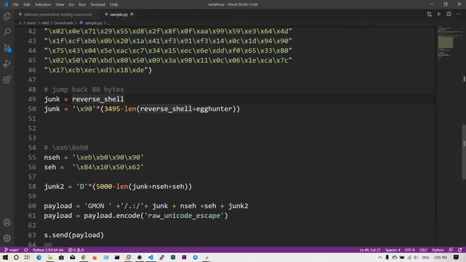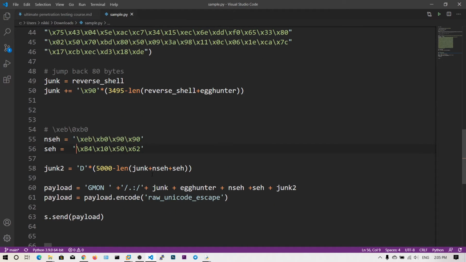And then junk plus equals, we need to append this one, right? And then after junk we need to add this egg hunter, and then NSEH, SEH, and then junk2. So I hope that's all okay for this.